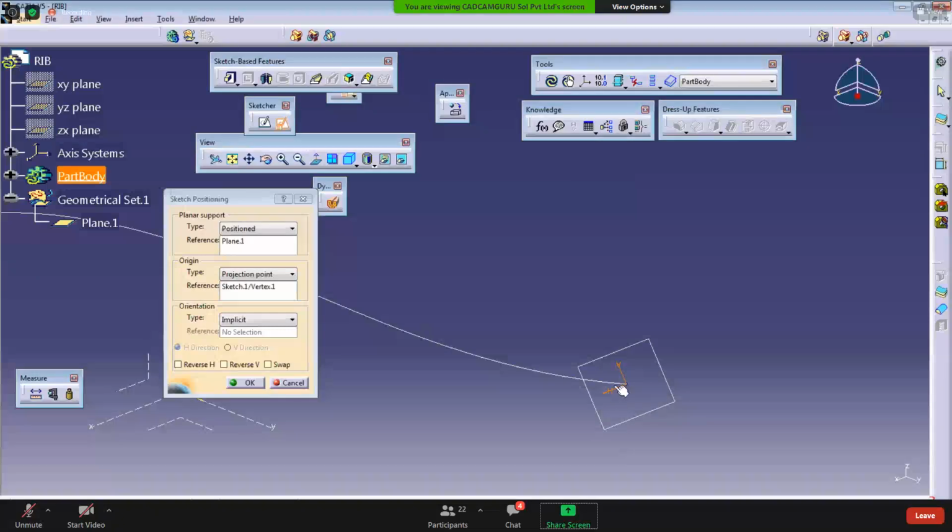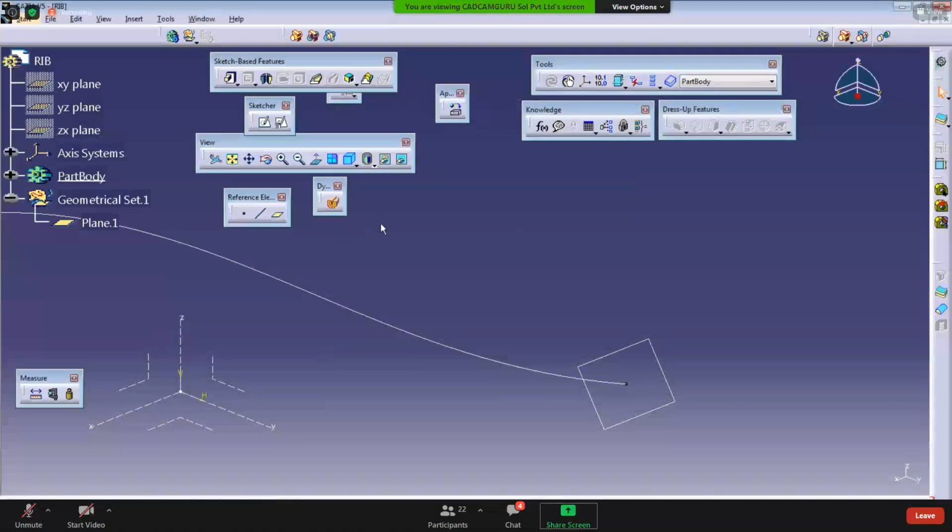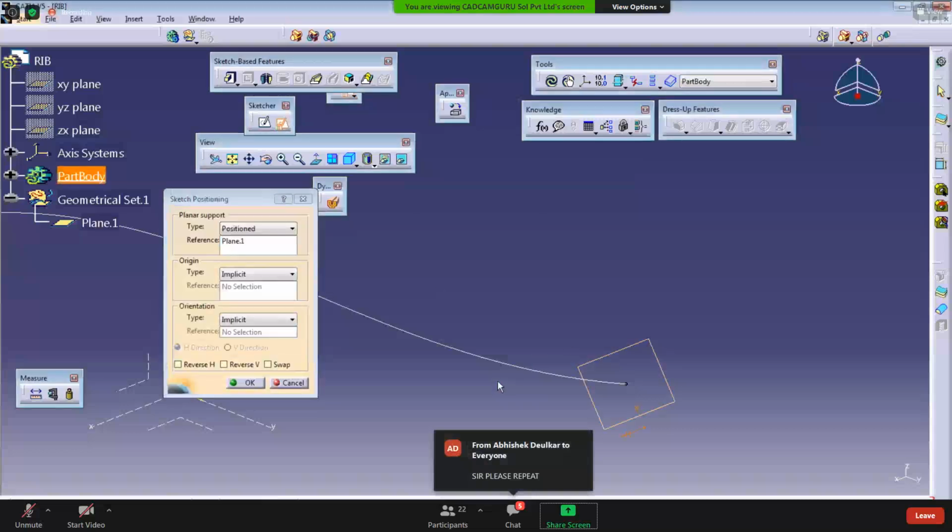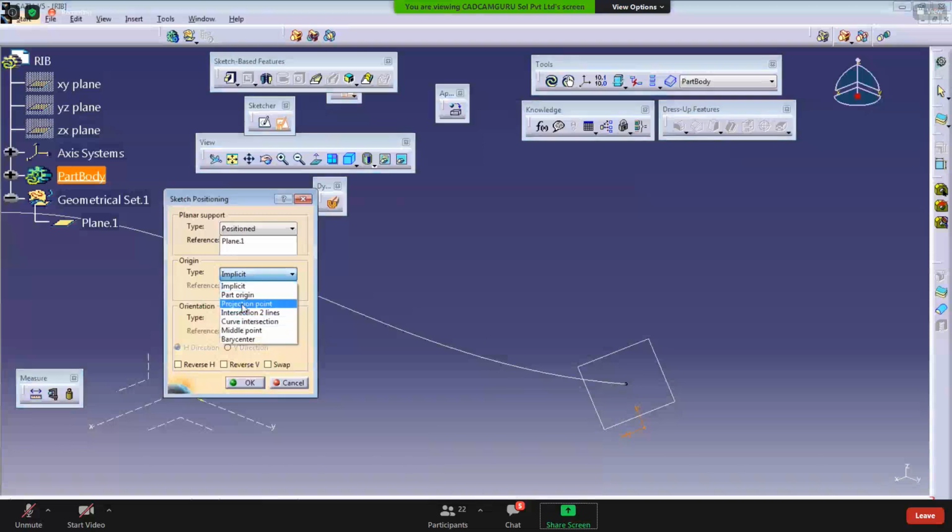And is it the first quadrant now, sir? Repeat. Okay. For the absolute axis, select this sketch and take this plane. The absolute axis is here, and I want to put it here. Then shift this origin point: take the projection point, select the projection point, and select this point. Clear? It's quite simple. Just select the point and it will shift the axis. But that is through origin only.